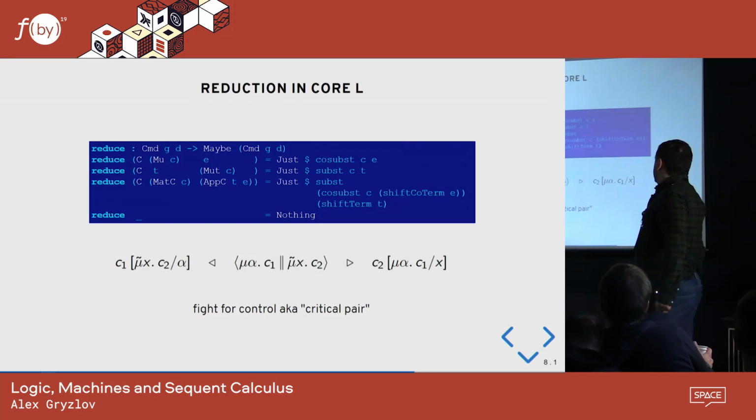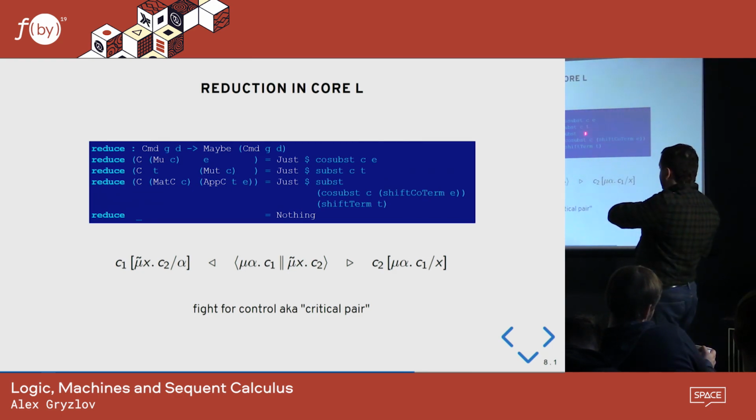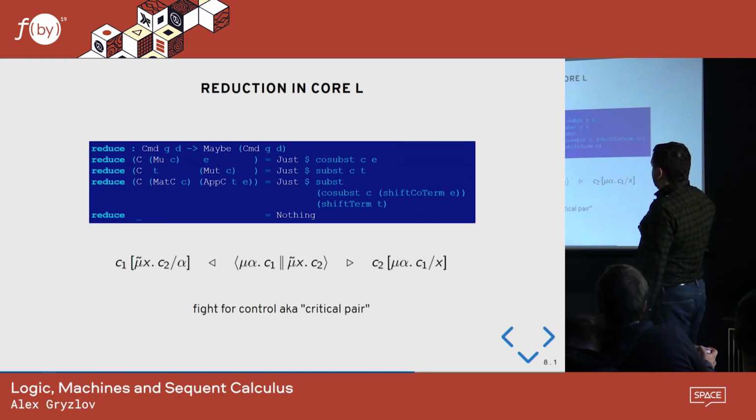Okay, so how you would reduce this, for example, this core system L. Again, like a machine, you have a term on the left and a stack on the right. If you have a mu and some command activated by mu and a stack, you just substitute this stack inside the body of this command. Symmetrically, Sequent calculus is very symmetric, if you have a term and an activated stack, something that expects a term, then you just substitute this term instead of this command. And if you have this lambda, then you substitute 2 times. You do some rearranging of the variables to make sure you don't do something funky like capture extra context, and then you substitute both the term and the continuation.